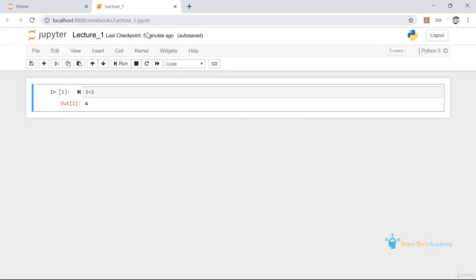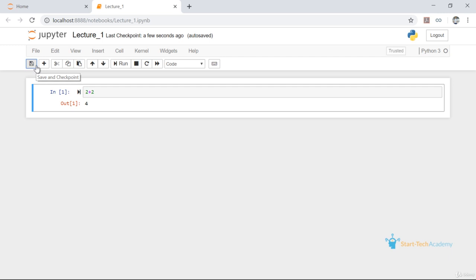To save this file, we can click on this save button. It will automatically save your file in your default directory. And next time you open Jupyter Notebook, you will be able to see this file in your default directory from the Jupyter Notebook homepage.